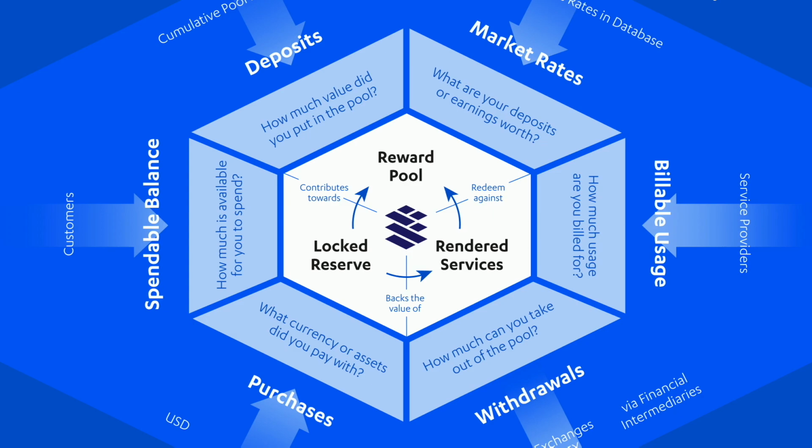So we talked about the reward pool. We talked about reserve, which locks tokens that are not Card token, so that we know that it's backing the value of the services and contributing to the reward pool through this automated balancing mechanism we're doing on-chain. And the render services is what the billable usage is. And then between billable usage and deposit, from the retailer, and the retailer can be making deposits for the users or the users making them themselves.